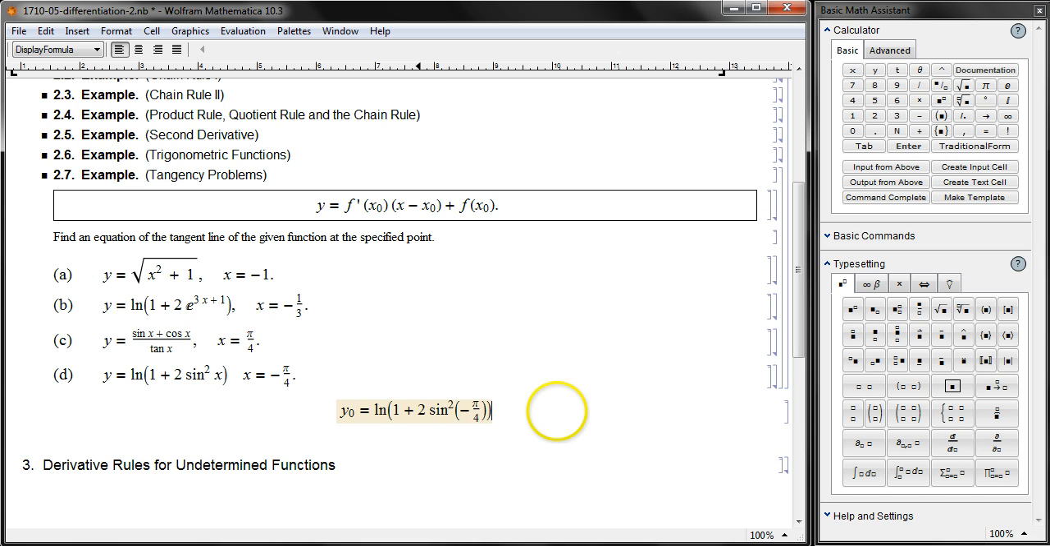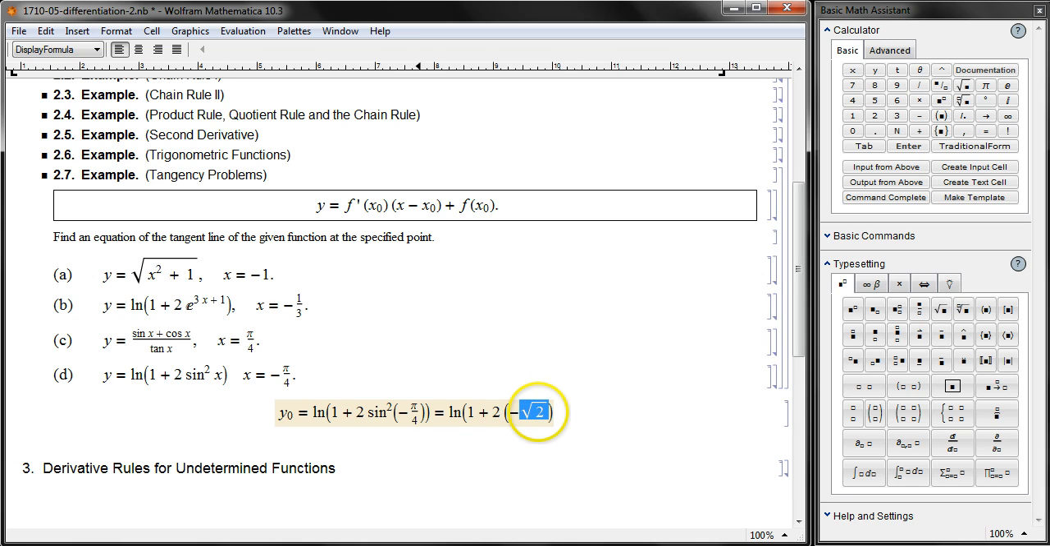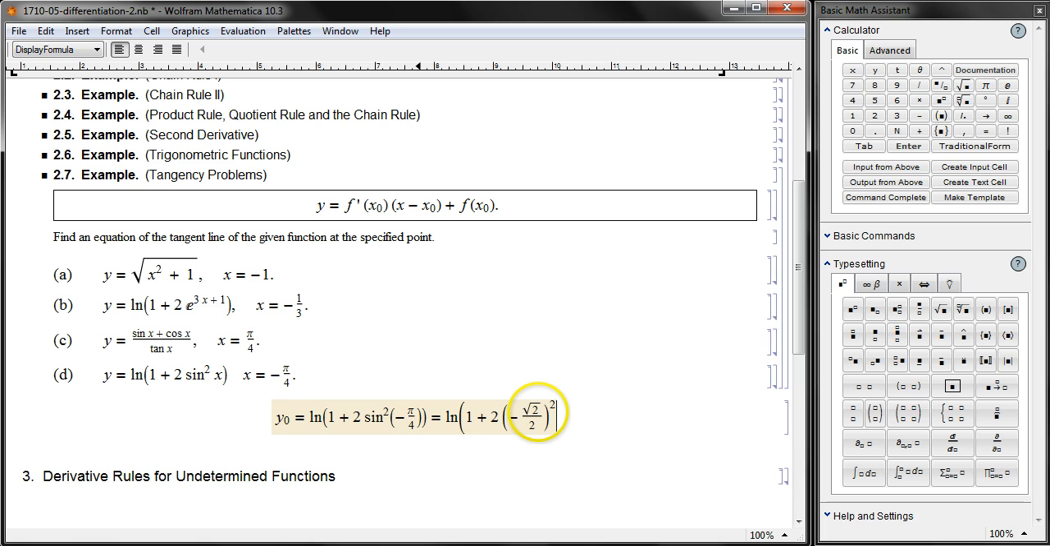So what is this quantity? Log of 1 plus 2. And what is sine of negative pi over 4? It is negative square root of 2 over 2. And then I have to square it, right? And what is this? Log of 1 plus 2 times 1 over 2. It is log of 3. Excuse me, not log of 3. It is